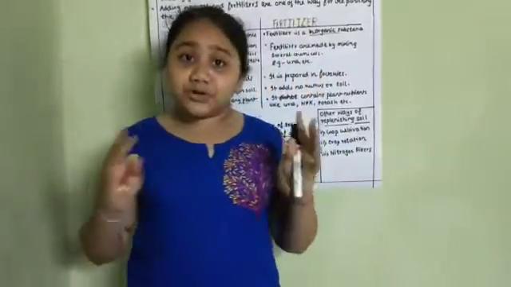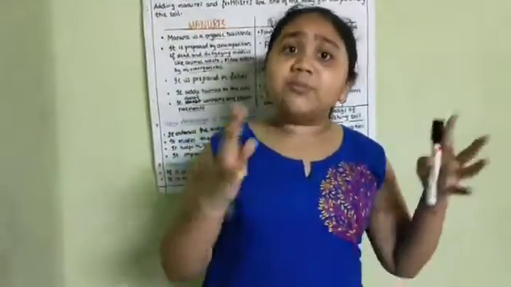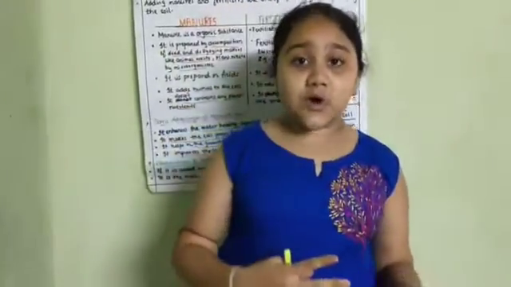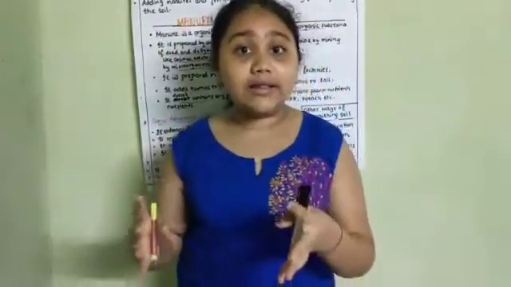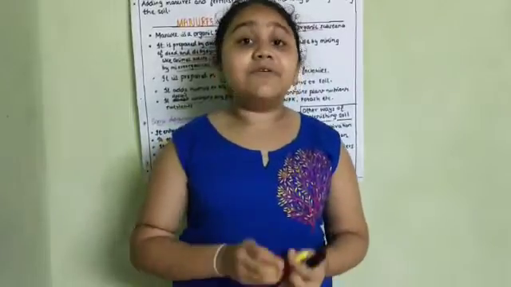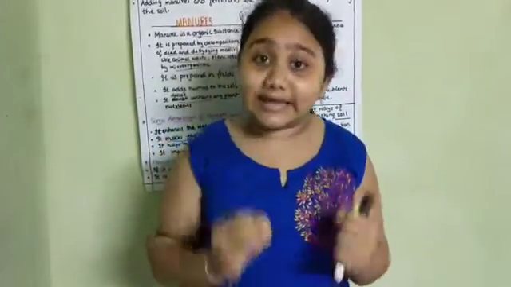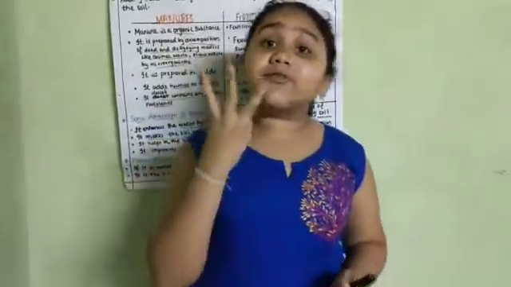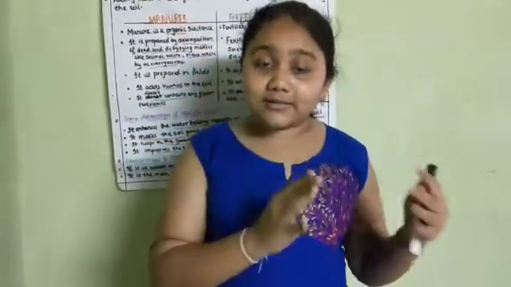Now, what I have told you up to this is about manures and fertilizer. They are replenishing the soil. When we add them to the soil, it replenishes the soil, which is very useful and healthy for the growth of plants. There are other ways of replenishing soil besides manures and fertilizer. There are 3 more ways in which we can replenish the soil.